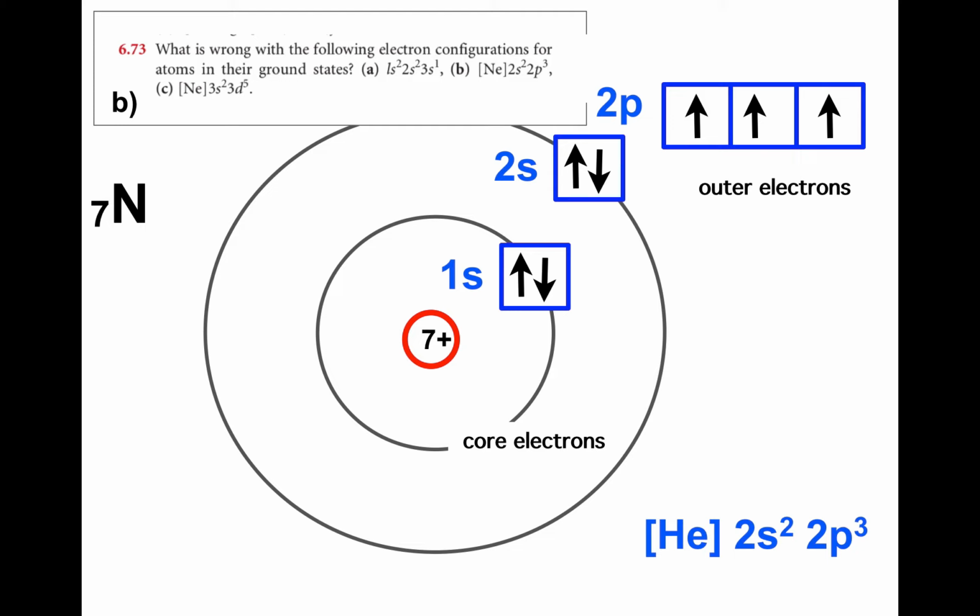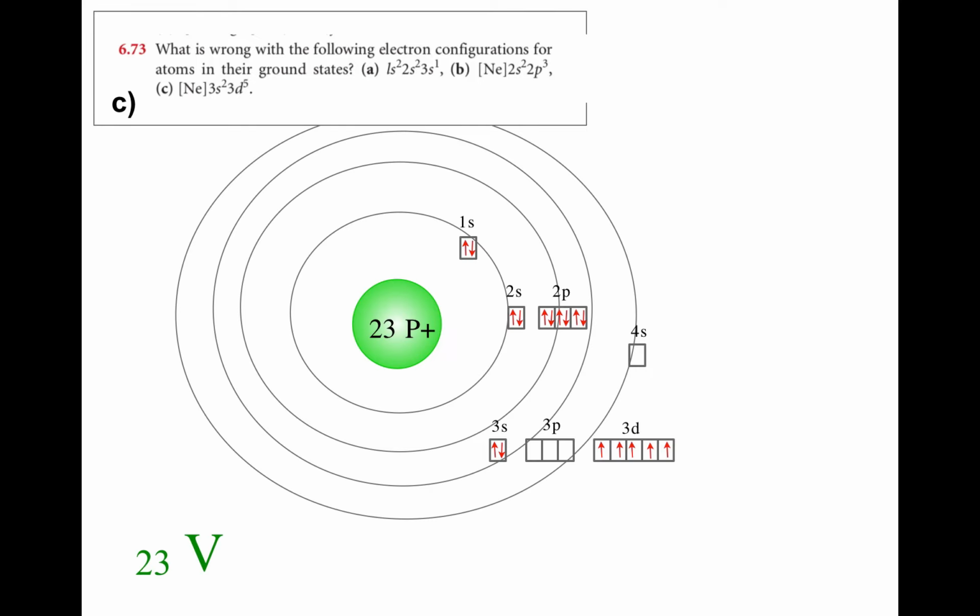C. Neon core 3s2, 3d5. Okay, so we got a neon core 3s2. Right, electrons start going into the 3p and then they go into the 4s before you start putting electrons into